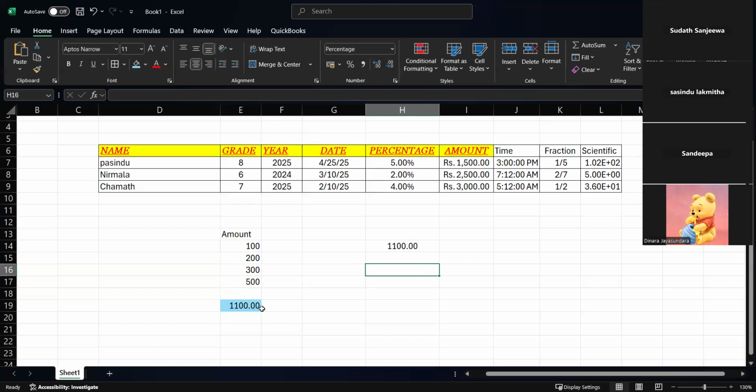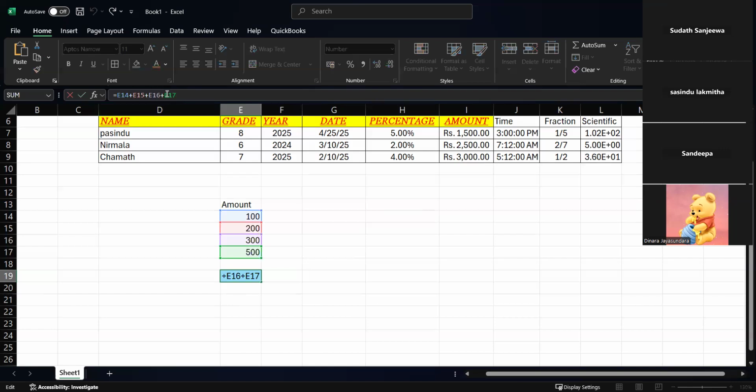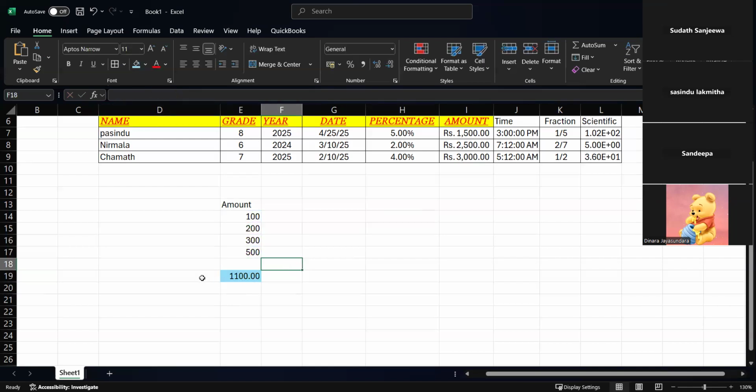So you can take this total to anywhere you want. Right? Then as I said earlier, once you type a formula to this cell, it will appear in the formula bar. You can see here, it will display in the formula bar, right? So this is the total of these numbers, right? So then I want to